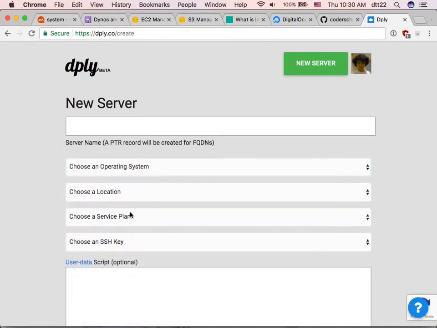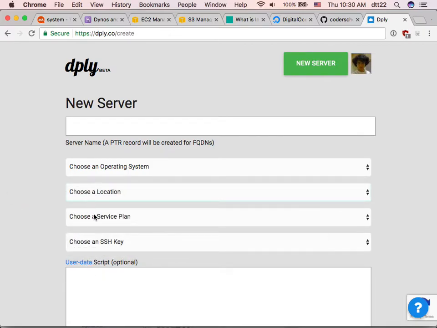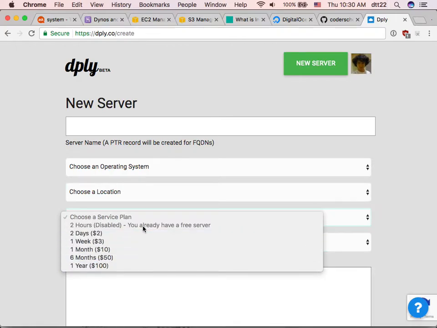Just practice one small thing at a time. And here's the server location. So you can choose Singapore because it's the closest to us, and that will be a little faster. Now here, you all can choose the 2 hours tier. So practice whatever you want. You know that this box is going to die in 2 hours. Then you can try again.